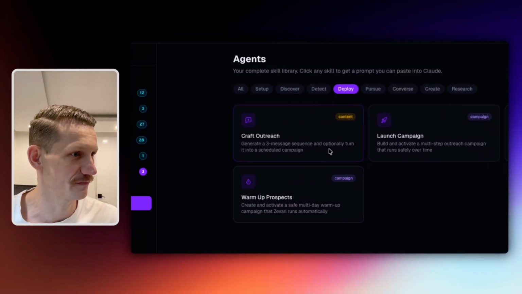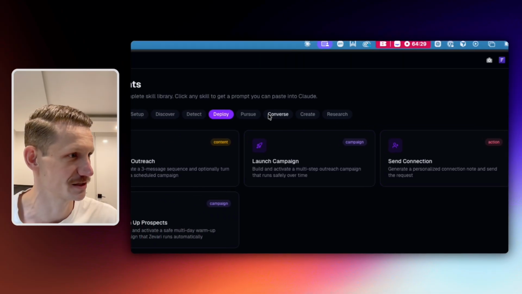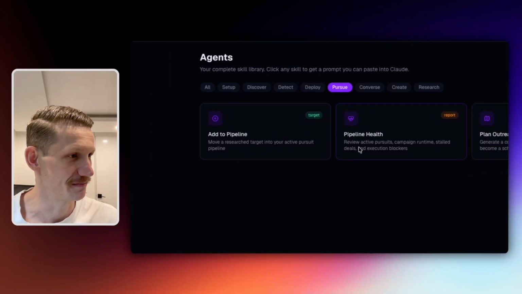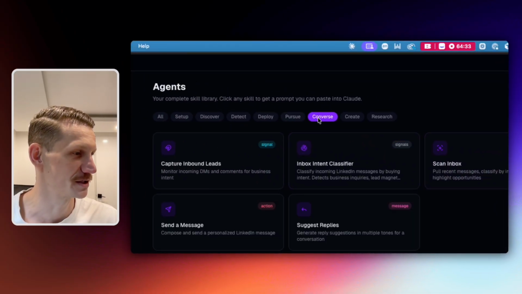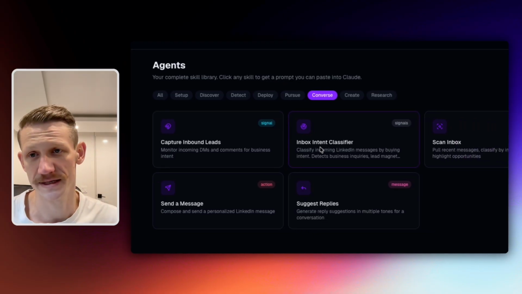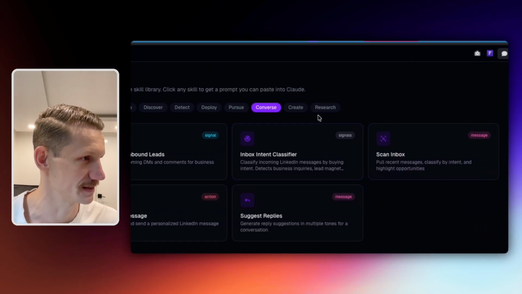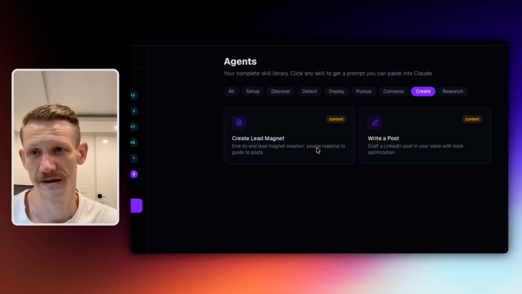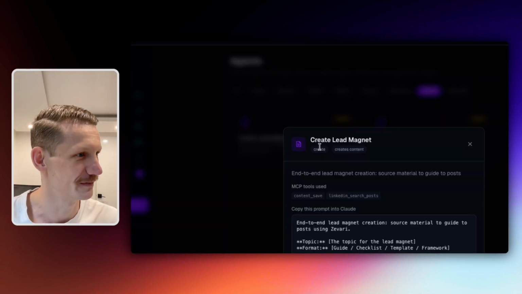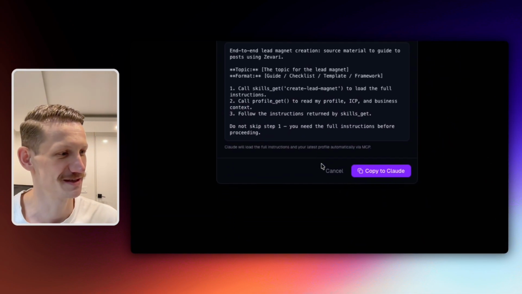You can use it for crafting outreach, warming up prospects, sending connection requests, creating a pipeline, doing pipeline outreach, conversing with people, analyzing and classifying your inbox, responding to people in your inbox, etc. Creating content, creating lead magnets, for example, because people